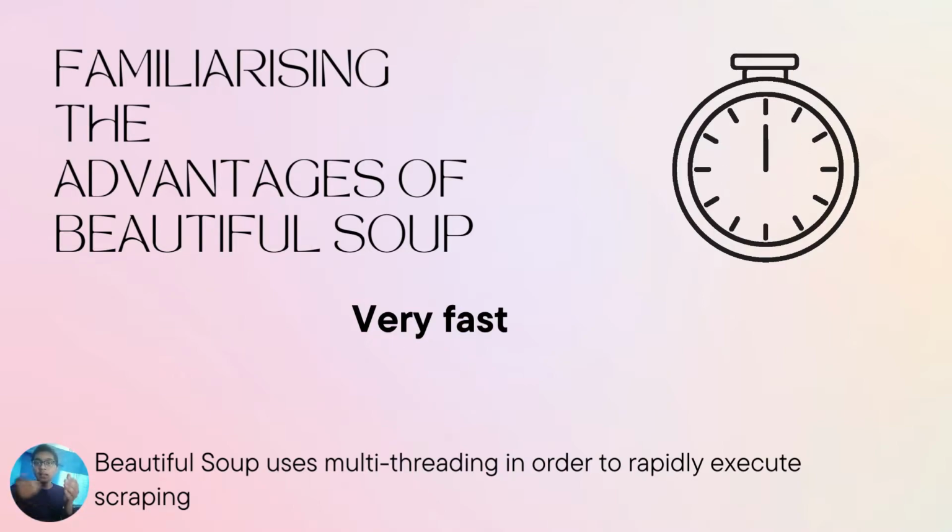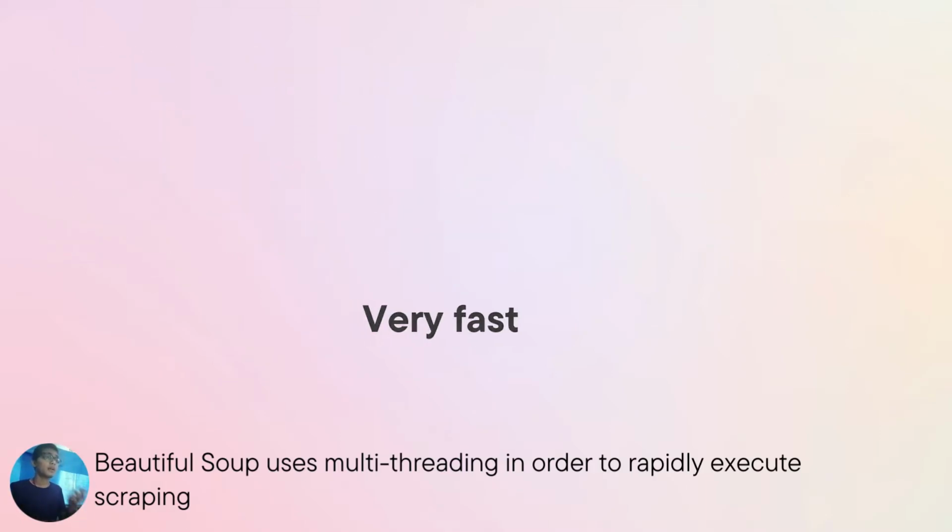While executing and giving the output, it will combine all those blocks in sequence in order to give you the complete output. While doing this, it is saving time by executing many codes at the same time. Due to this, it is called multi-threading, and Beautiful Soup uses this multi-threading to execute scraping faster. This is also one of the important reasons for which Beautiful Soup became the most popular one. Next,